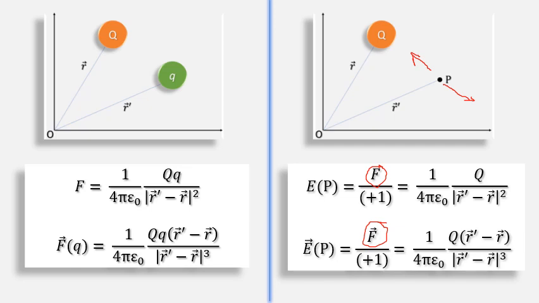Which test charge should we prefer? Is it necessary that you always prefer +1 coulomb? No, it is not necessary. You can take any charge as test charge, because whichever value you place here, ultimately we are going to divide force with that value. So the answer will remain independent of the value of test charge, but that is theoretical. Practically there is one problem which we will face if we take a test charge of higher value.